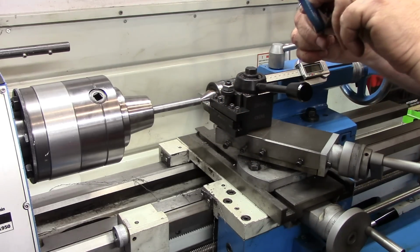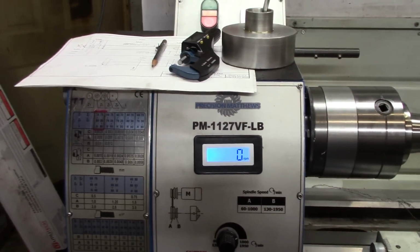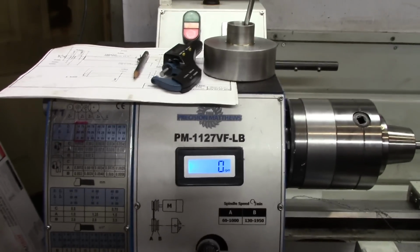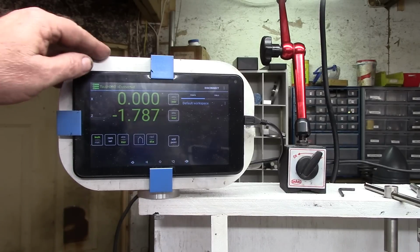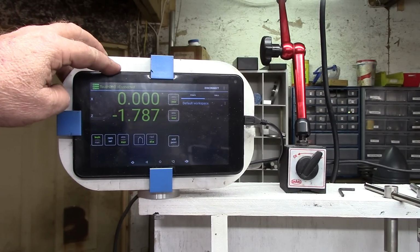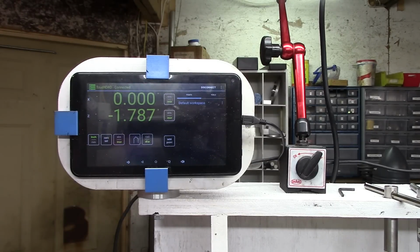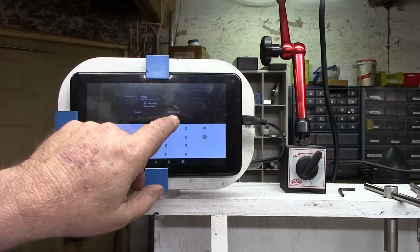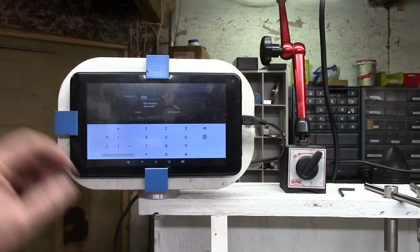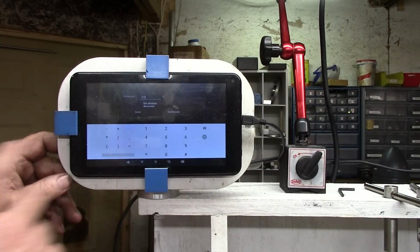All right, that's 486. Now, just like the DRO on the mill, the touch DRO that I have on the lathe, again, this is the touch DRO product running on an Android tablet. Now, I zeroed out the X after I made that first cut, so I knew I had a good clean surface to start with. If I long press, I get to set a dimension. And what I want is 0.313, which is our target,